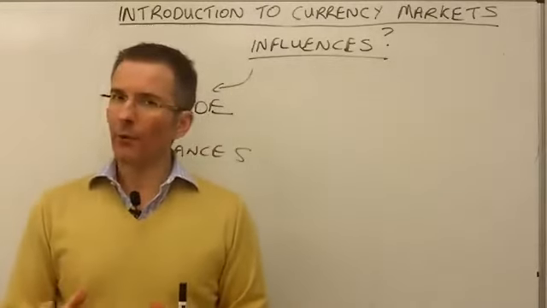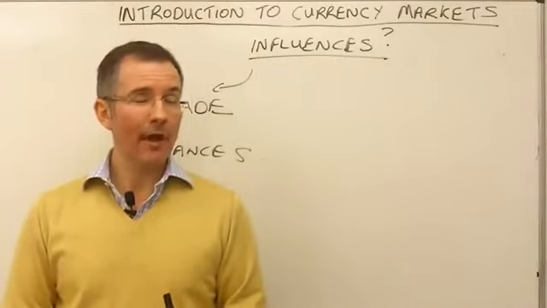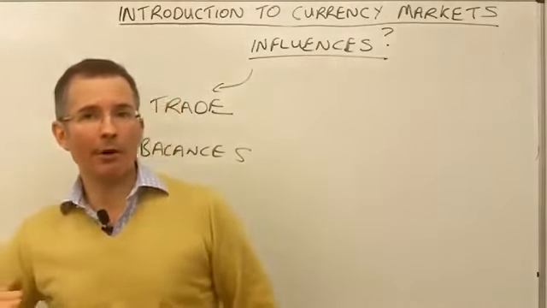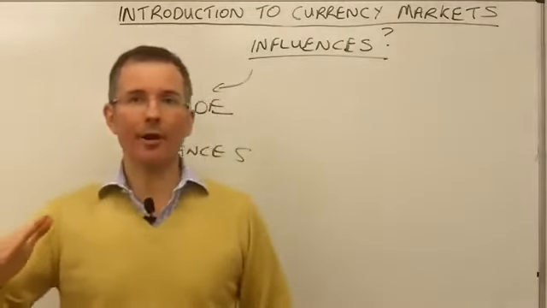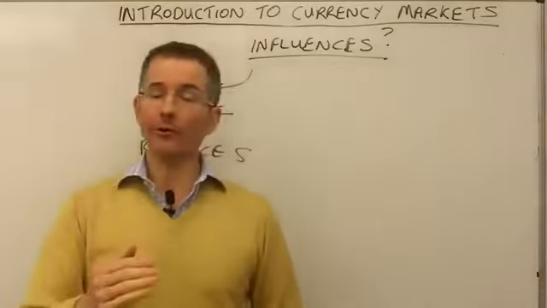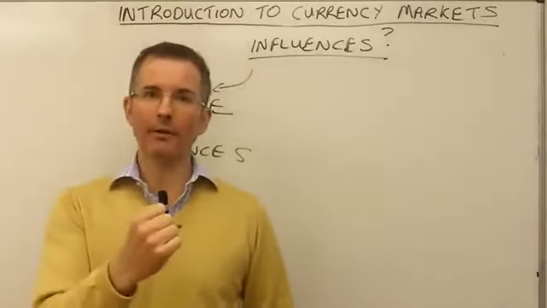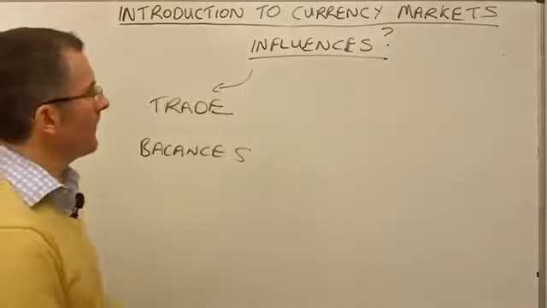To cut to the chase on this one, if lots of people want to buy American stuff, they need dollars to pay for it. So demand for a country's goods and services will tend to drive demand for its currency as well. And that tends to suggest that a successful economy will have a strong currency. And that's broadly speaking true. So that's one influence. Number two,